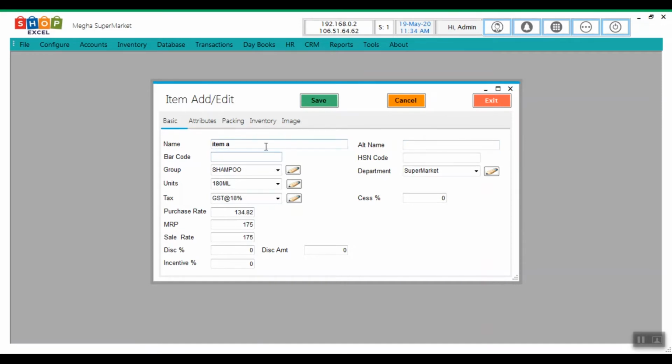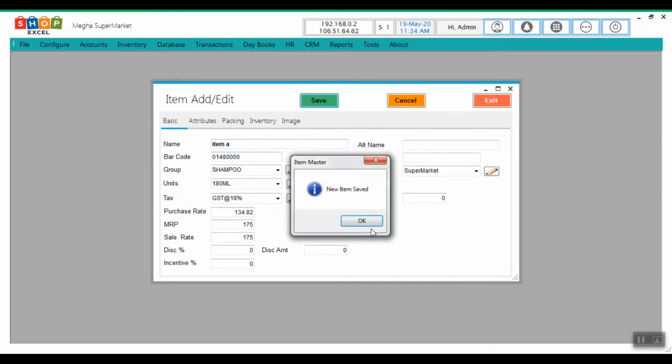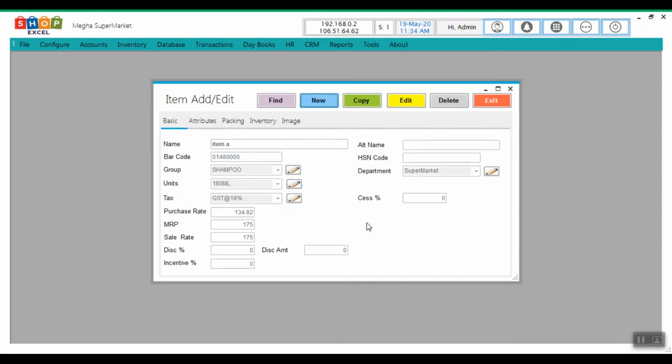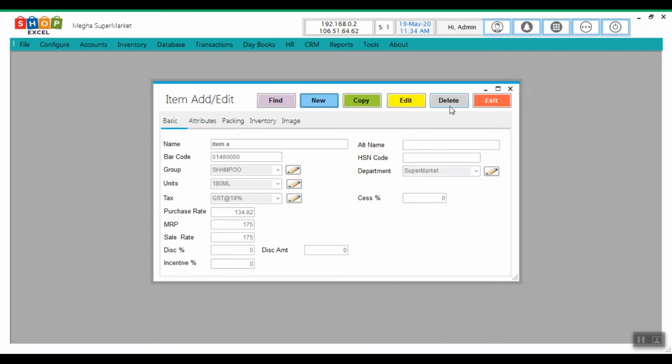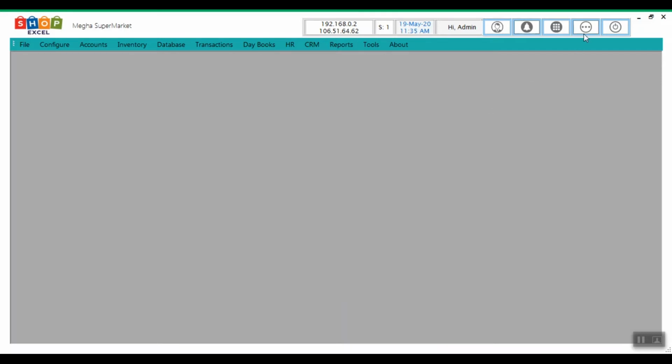Scan the barcode here, then click on save. If you want to edit an item, click on edit, you can change it. If you want to delete an item, this is the option for that. Click on exit now.